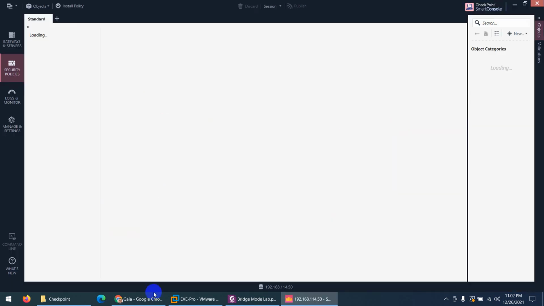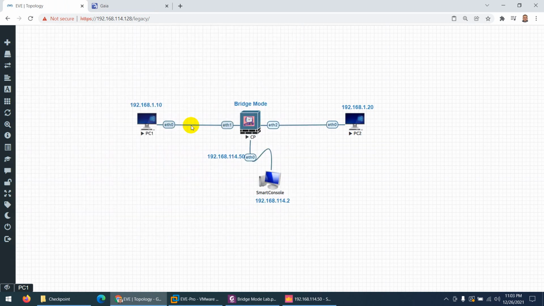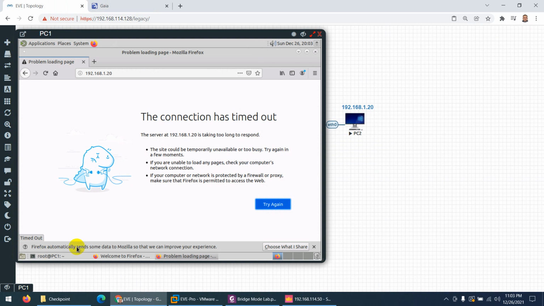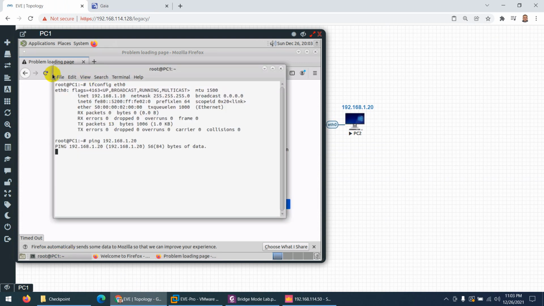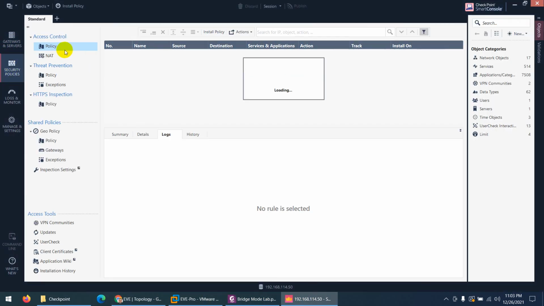Yeah, so it's come up. Now what I need to do, I need to allow the rule so that this PC can reach PC2, vice versa. So let's see, still I cannot ping, neither can I access graphically. So what I can do, go to Smart Console, and let's go to security policy,